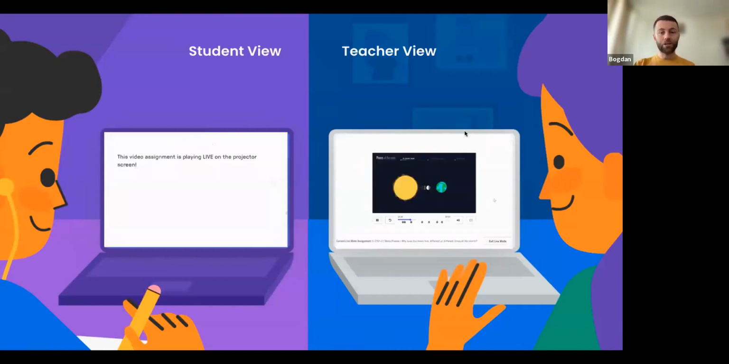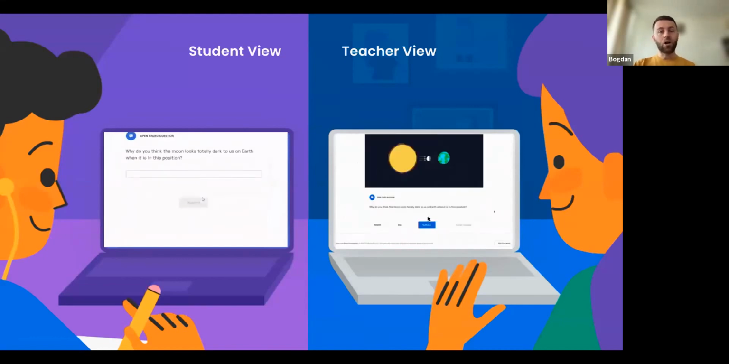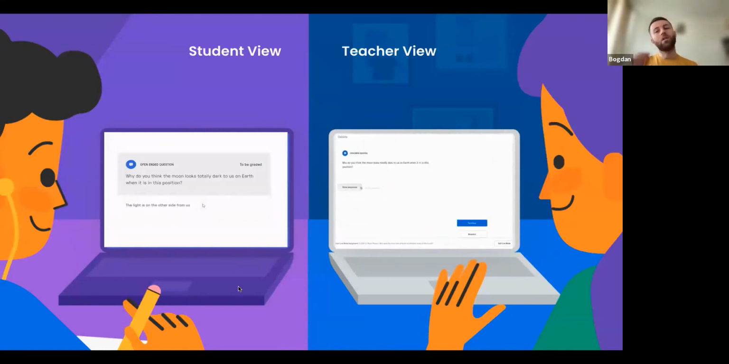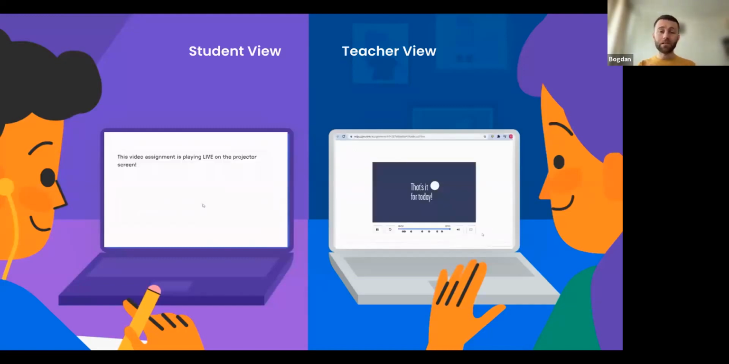So the teacher starts the live mode lesson, they will display the video on their device. And when there's a question, the video stops, students have the chance to answer the questions on their devices, they submit, and then you, of course, as a teacher, will have an overview of all the student responses. That works great for